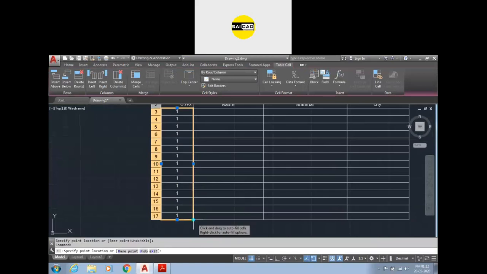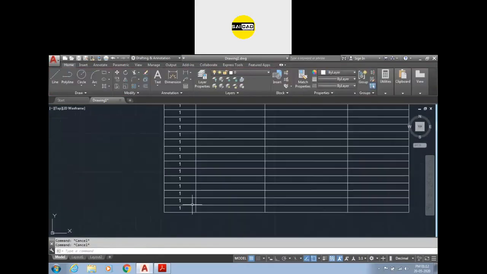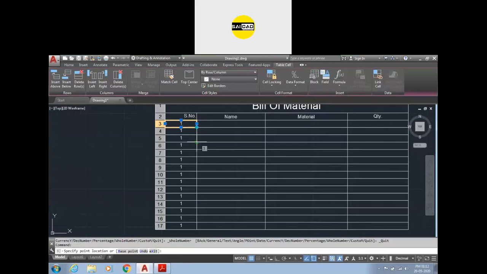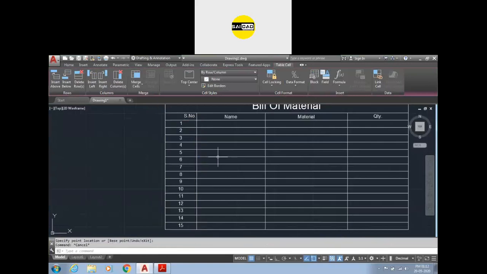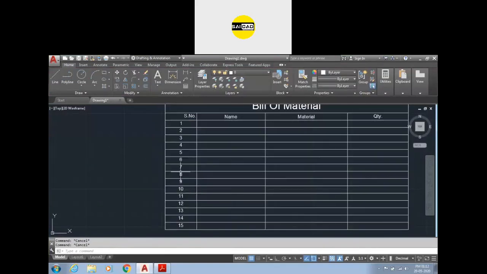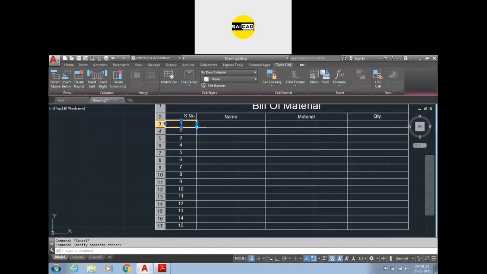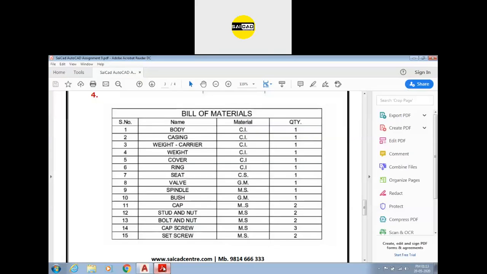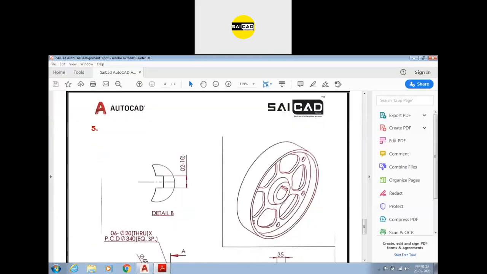Sometimes it will not define that, so go to not the text, the number. You can see that it will change the numbering here. If you define the data type to be text, it will just copy the text, and if you select it and define that it is a number, you can drag it and define the number. It works like Excel. After that, you have to enter the values here, and this will be the first question. It's a simple question, nothing very complicated here.